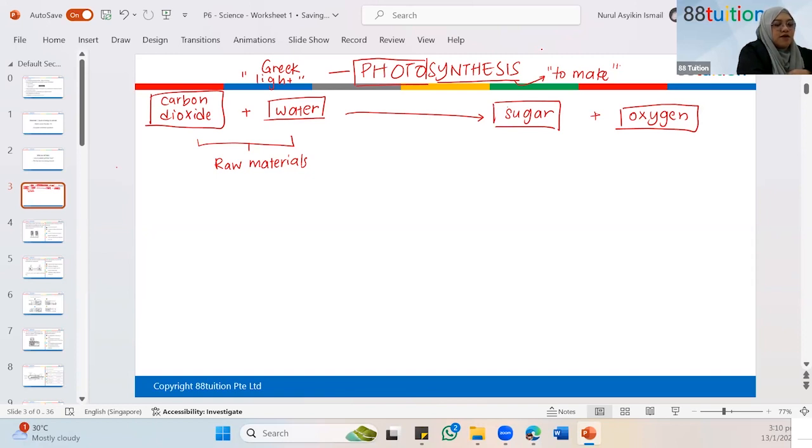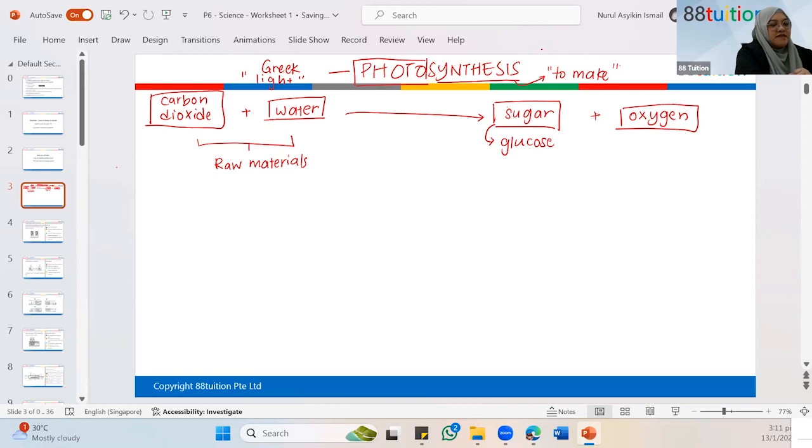Any of you, did your teacher inform you of any other answers for sugar? Any other words that can be accepted other than sugar? Saini, is it? You raised your hand? Shy. I don't know whether you raised it or not. Okay, what is it? Other than sugar, what are the other terms that can be accepted for PSLE? Glucose. Glucose, how to spell? G, L, U, C, O, faster a bit, S, E. Yes, very good.